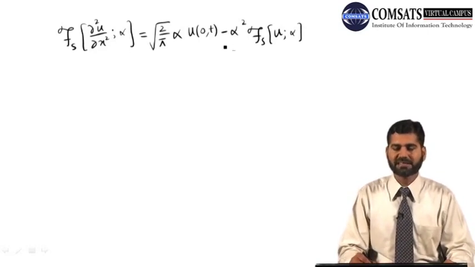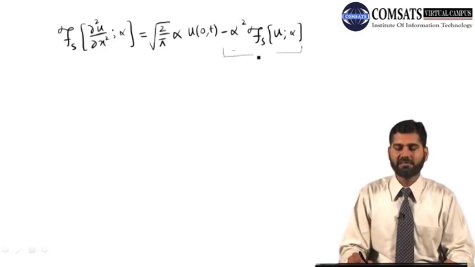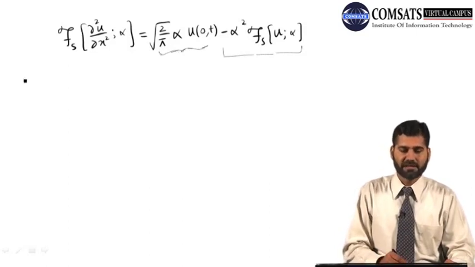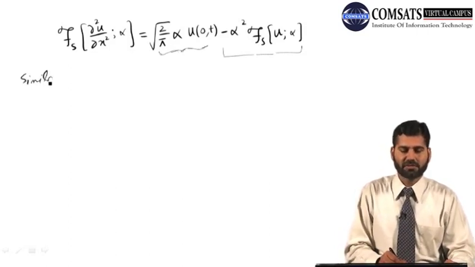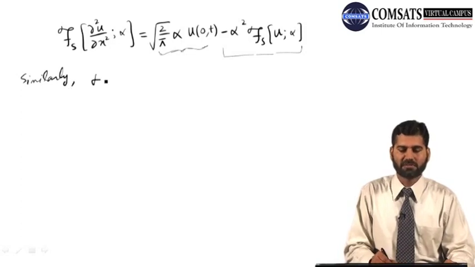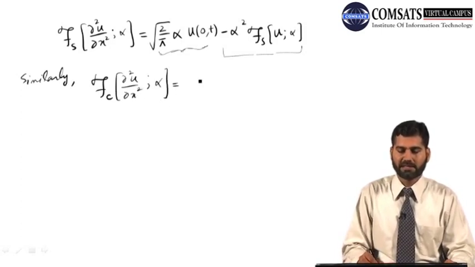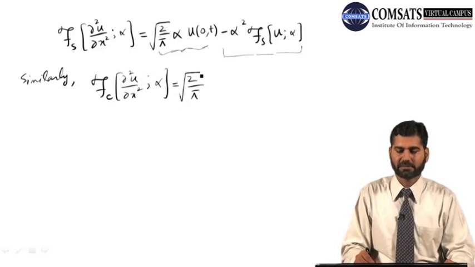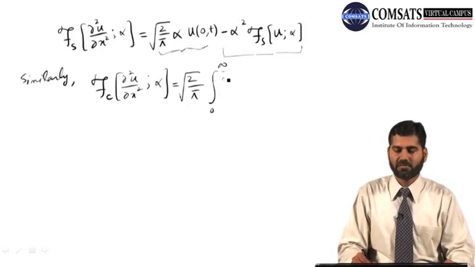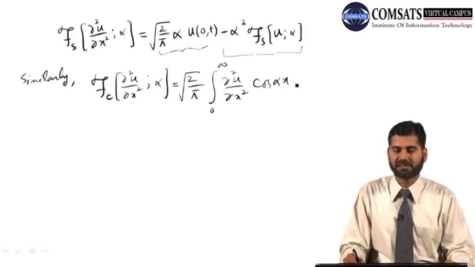So you see, this is the exact same part of the nth derivative, but this part is extra. This was not there in the Fourier transform. Similarly, if you want to find the Fourier cosine transform, what is the Fourier cosine transform of partial 2u by partial x square at alpha? It is root 2 by pi, integral 0 to infinity of partial 2u by partial x square cosine alpha x